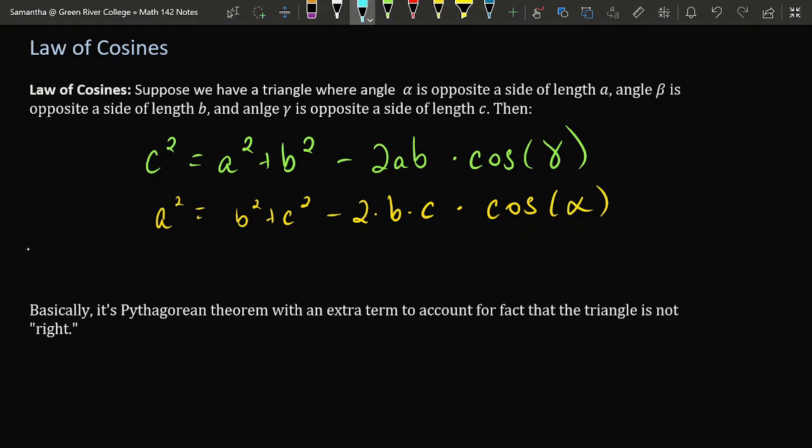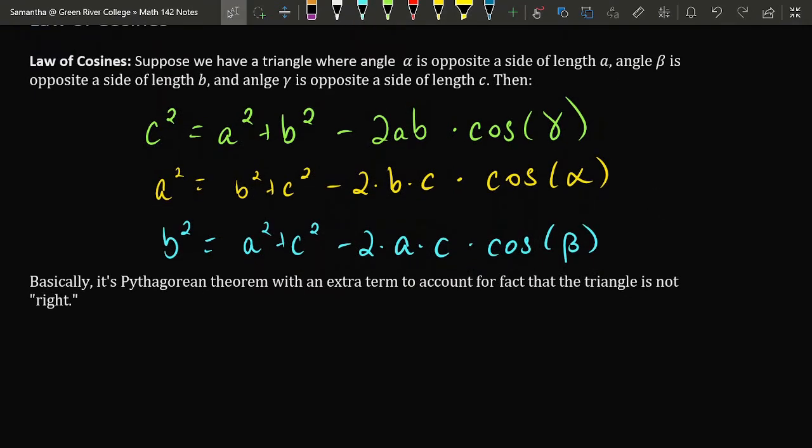And there's another version where b squared is isolated. b squared would be equal to a squared plus c squared, the other 2 sides, minus 2 times a times c, multiplied by cosine of the angle paired with the side b. So just like law of sines, law of cosines has spaces for 4 unknowns. But what's different here is that we have spaces for 3 sides and 1 angle, not for 2 sides and 2 angles.